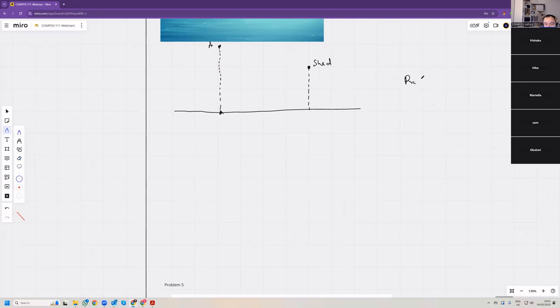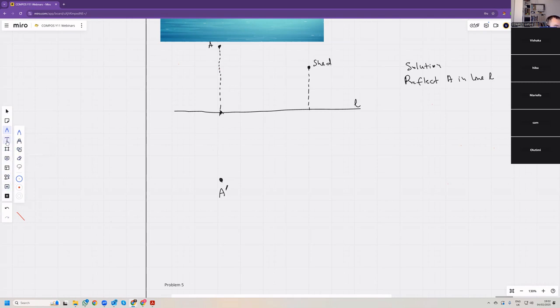Reflect A in line L. So this is line L, and this is A dash, the reflection of A. And then just draw a straight line